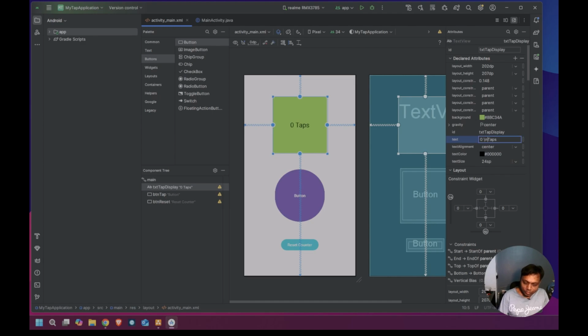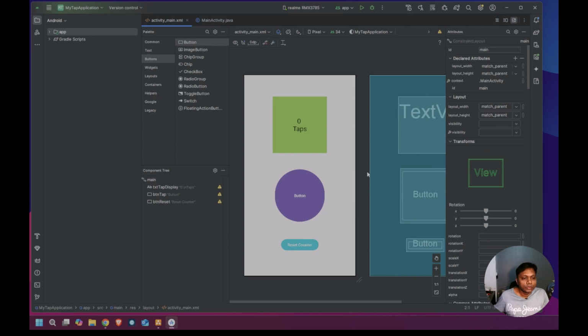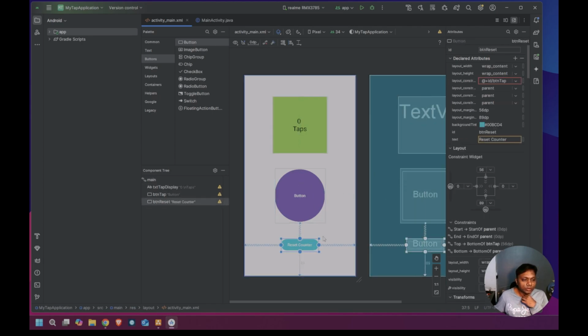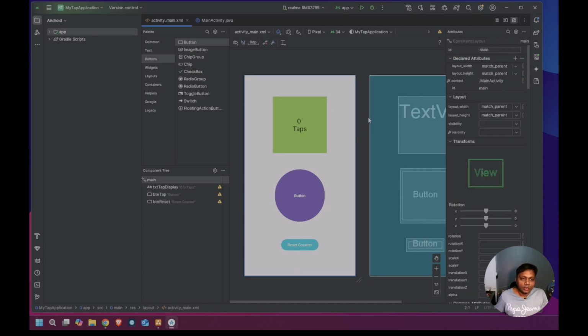We can put a new line here. It says zero taps. So now it says zero taps. We have a button, we have a reset counter. Now let's start